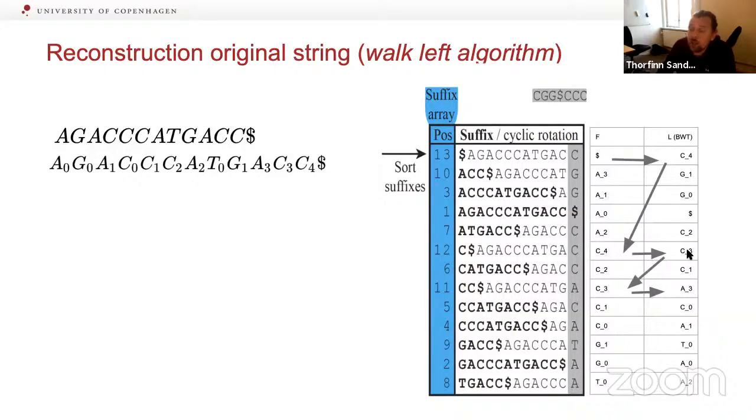That's a C3. Then we go to C3, that's here. We did this by doing a linear search through all these. This is C3, and then we see what do we have here. It's this C3. What precedes this? This is what's in the Burrows-Wheeler column. That's an A3. So we can build the entire original string by doing this kind of lookup table. I only did the first 3 or 4 here. Otherwise, this table would be full of arrows, of course. So it's just to show the idea of how this is done.